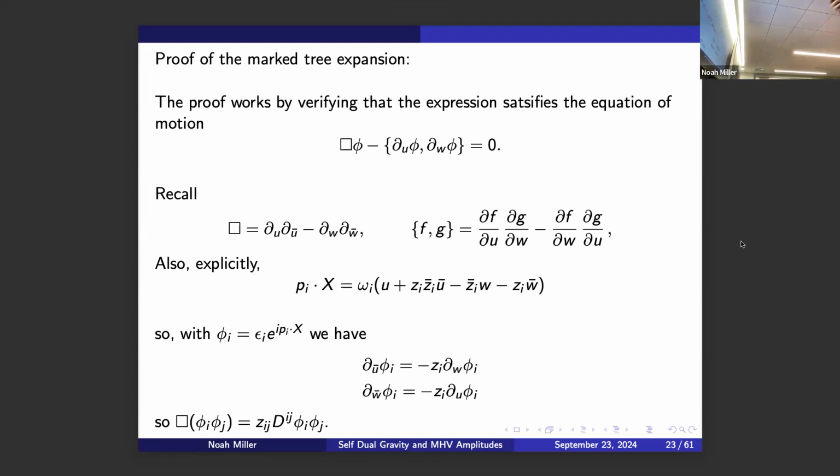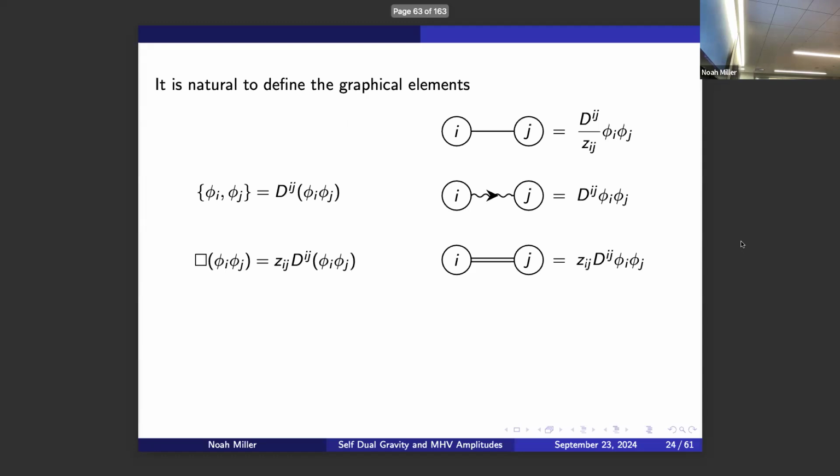another short two-line computation shows that if you act with box on a product of two seed functions, using this thing here, you get z_ij times d_ij acting on these seed functions. You'll have to take my word that the short two-line computation really gives this to you. And